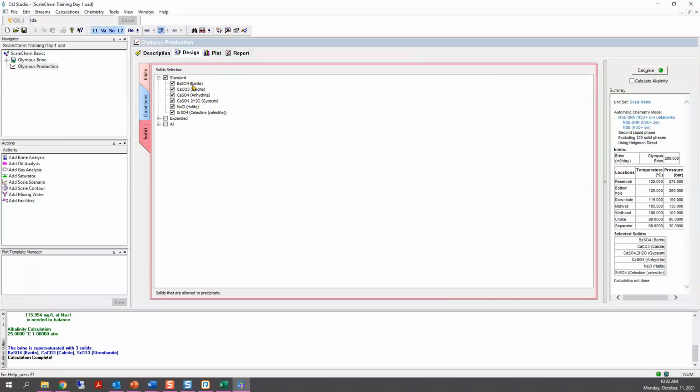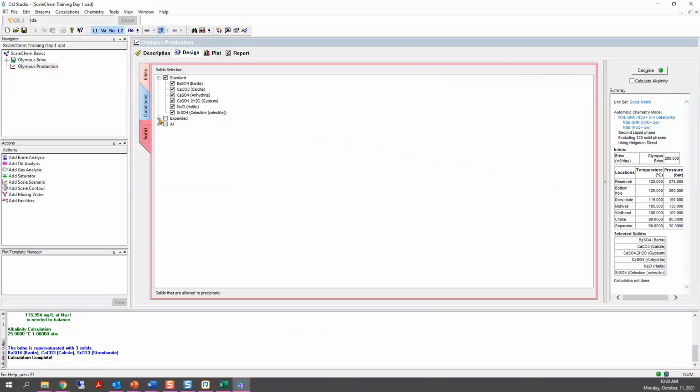And these solids will depend on what you enter in the brine analysis. So, for example, in here you don't see siderite. Siderite is something that you would probably see as a standard oil and gas scale, but since we don't have iron in the brine analysis, you will not see it here.